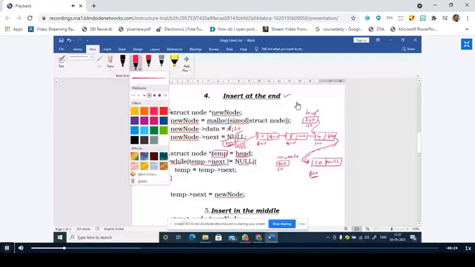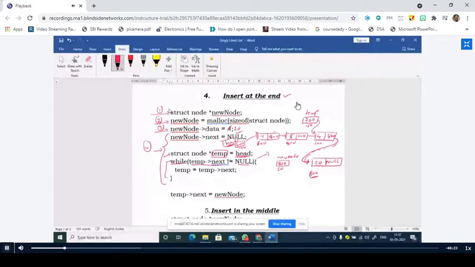Right. So whenever you want to traverse the linked list, the point you have to remember is you should never change the value of the head. Instead, you will copy the head into a temporary variable and traverse the linked list using this temporary pointer, not variable, right? So this is how we traverse the nodes.